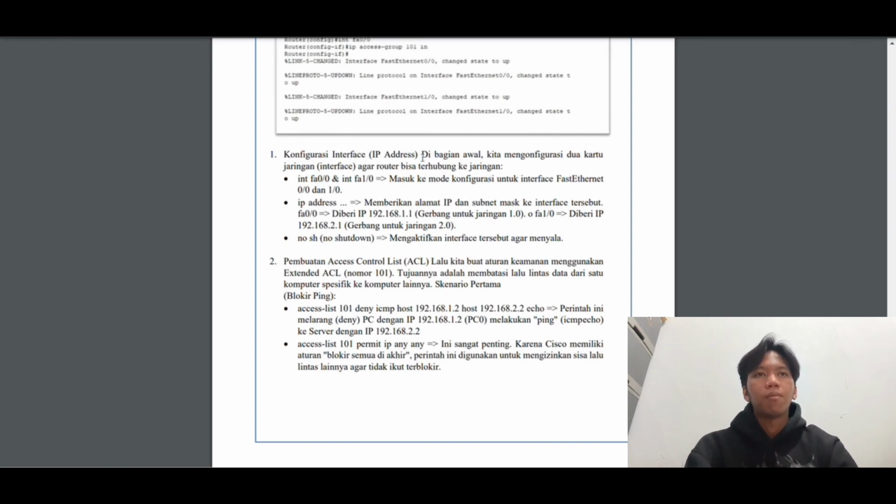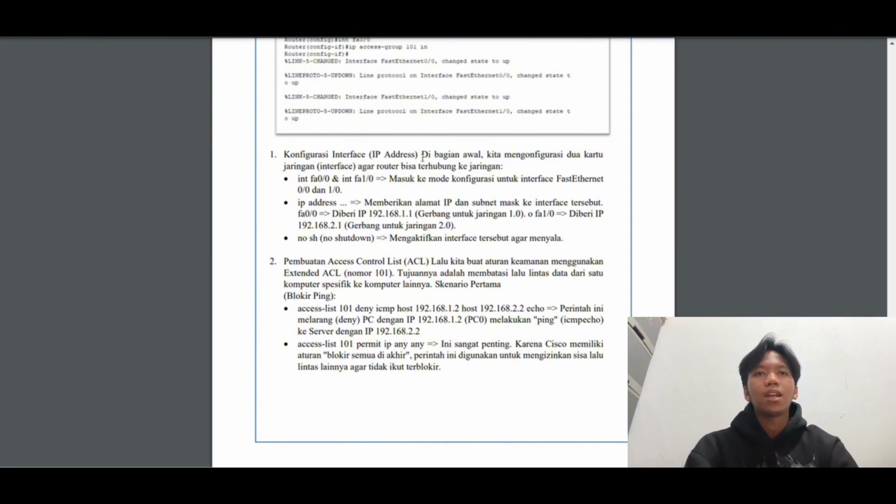A router-based firewall works by inspecting the header of every data packet that passes through it. In this lab, we are using extended ACL number 101.